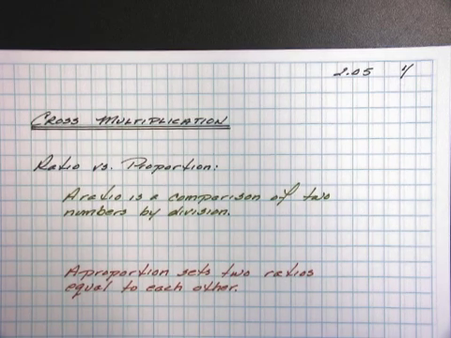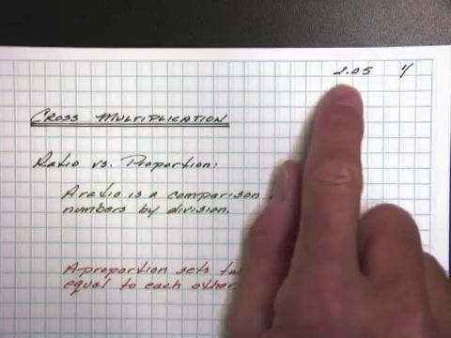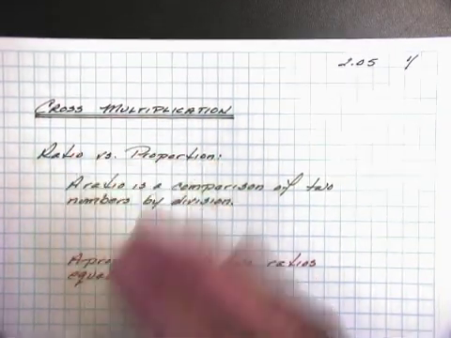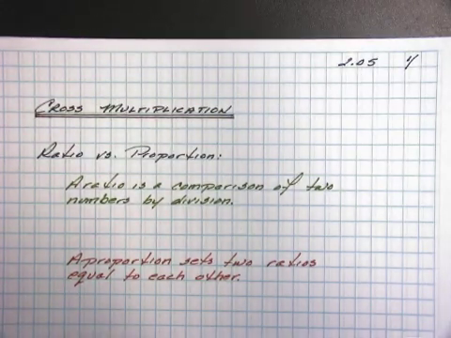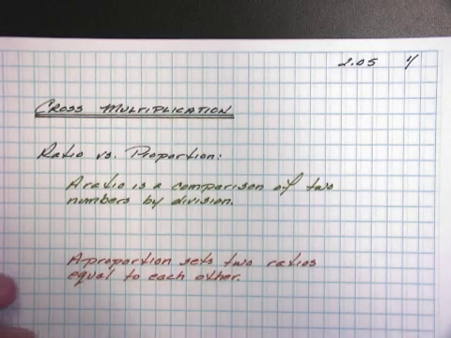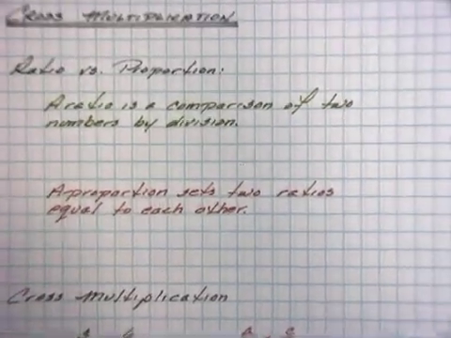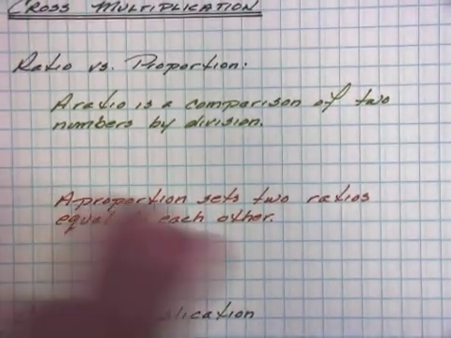Welcome back, everybody. So we're jumping into Chapter 2, Section 5. We're going to discuss cross multiplication in a little more detail. I know I've alluded to it in previous videos, but I thought it would be good to actually spend some time on it alone. Now, before we dive into the mechanics of cross multiplication, I want you to understand the